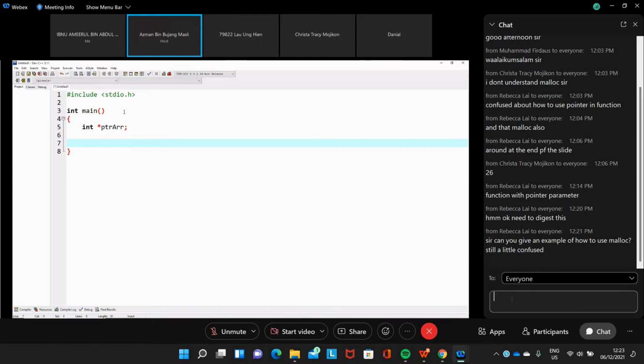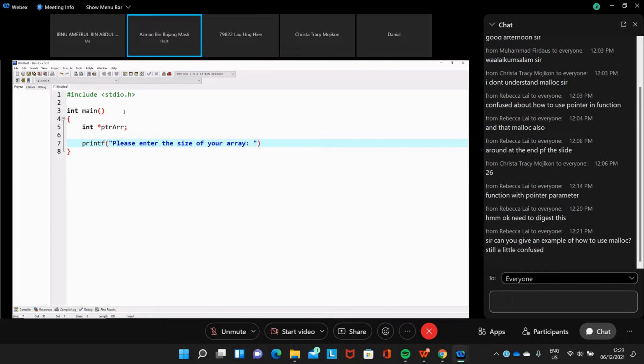Now we ask the user to enter the size so that we can create the array for the user dynamically. Please enter the size of your array.